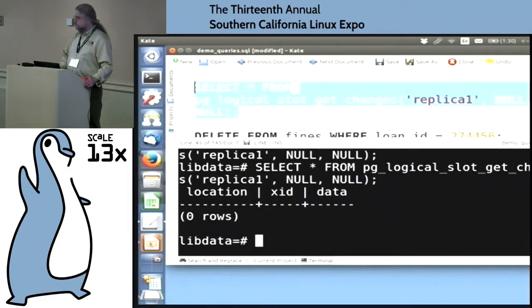Anybody know why that happened? No, it's because I've already seen the data, and the master knows I've already seen the data. So it's not going to send it twice. And that's the whole point of the replication slots, to make sure that you don't send data twice so that we're not duplicating the same set of changes on the replica repeatedly.